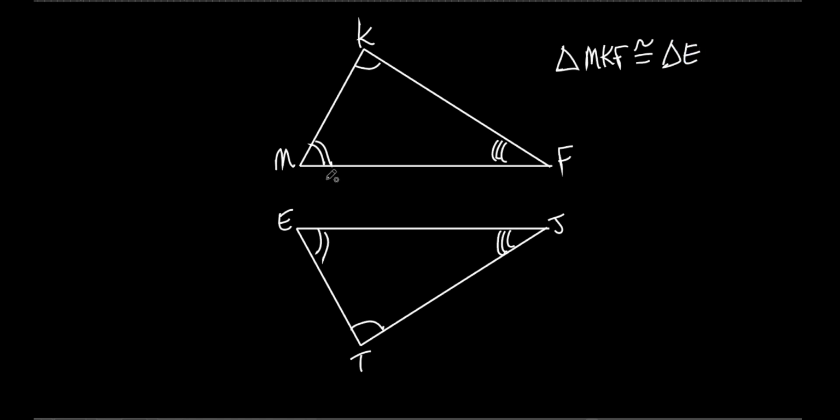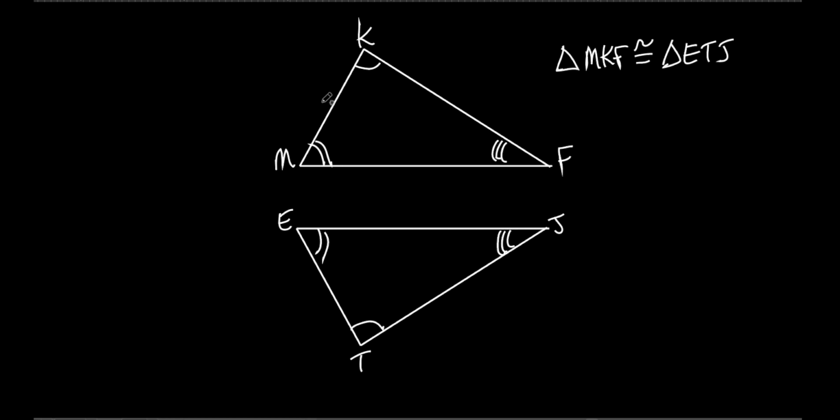And then, so that was the M, right? Then the K has 1 arc. So which one has 1 arc down here? The T, all right? And then, of course, what's left over? The F and the what? The J. Everybody see that? So you got to be careful. When they could flip it, they could rotate it, they could flip it horizontally, right? They could do a lot of weird things to it. But if they tell you the stuff that's equal in both of them, you should know which ones match up,